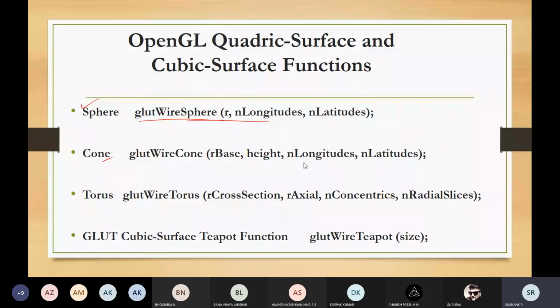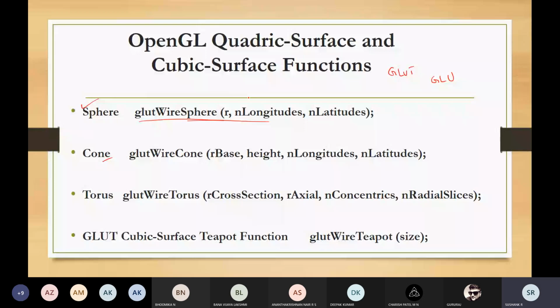So all the support is given by the GLUT library, that is the OpenGL Utility Toolkit, and also the OpenGL utility library. GLUT means OpenGL Utility Toolkit, and GLU means OpenGL Utility. So by using the GLUT functions you can display sphere, cone, torus, and also by using the GLU functions